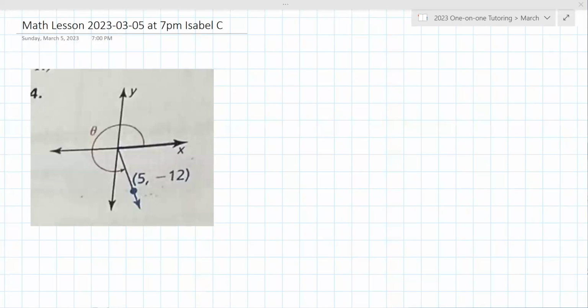All right, so the instructions here, let's let that load up. It says to evaluate the six trigonometric functions of theta. Okay. Now, one of the things that I'm not sure if you've seen yet, but there's a reference triangle in